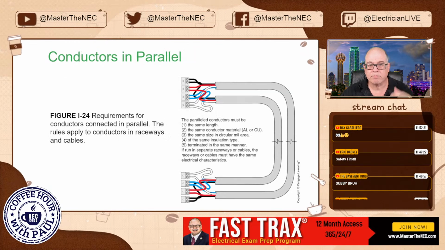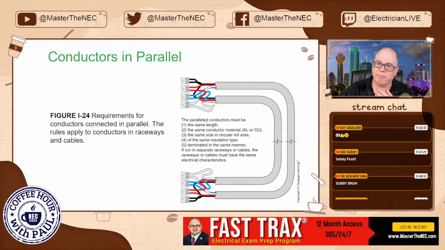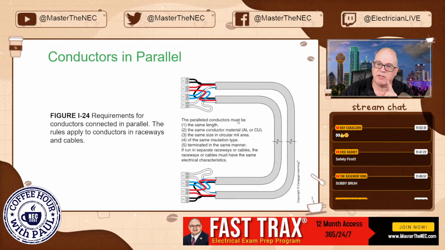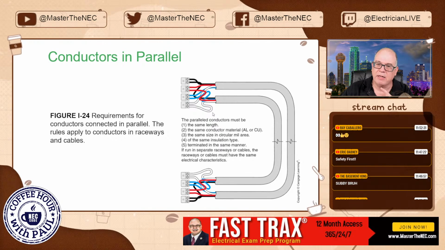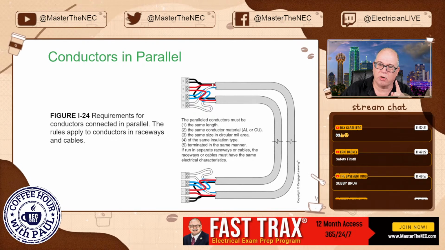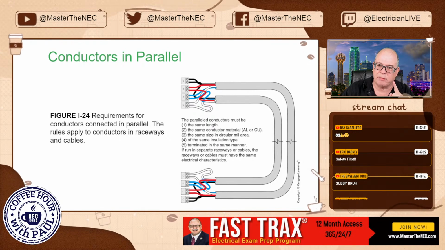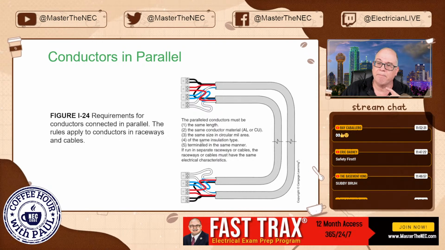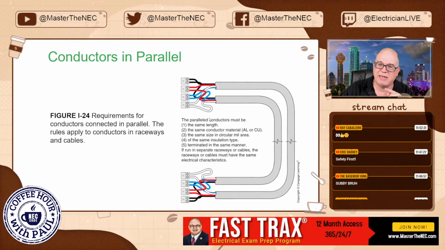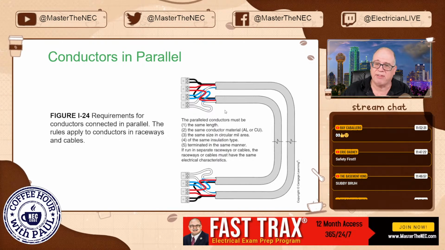All right. So this is what I'm talking about. So you see here 2 raceways. You have the black, red, blue, white, okay? This has done it. So the parallel conductors, so let's just talk about the blacks right now. They have to be the same length in either one of the raceways. They have to be of the same conductive material, copper or aluminum. They have to be in the same circular mill. So if this black is 500 kcmil, this black has to be 500 kcmil. That only makes sense, right? It has to be the same type of termination. And it says it has to be terminated in the same manner. And it has to be identical so that that current divides evenly, right?